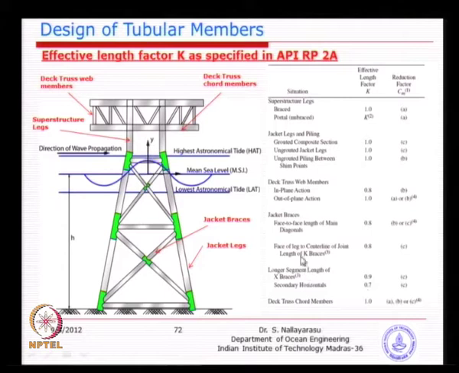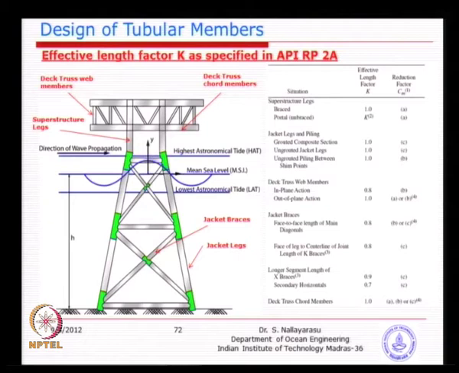For example, you take a brace, any one of the braces. We are not going for 100% fixity, because this connection is not producing sure fixity there, because you have a hollow section at the end. So, you may actually have a deformation and rotation. That is why it is less than 1, but not necessarily 0.5.